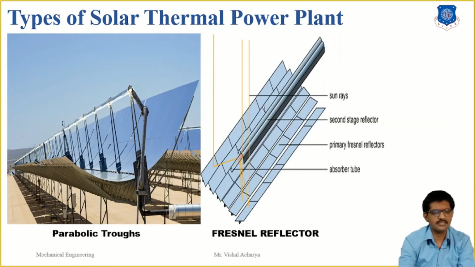A second linear concentrator technology is the linear Fresnel reflector system. Flat or slightly curved mirrors mounted on trackers on the ground reflect the sunlight onto a receiver tube fixed in a space above the mirror. A small parabolic mirror is sometimes added on top of the receiver to further focus the sunlight.